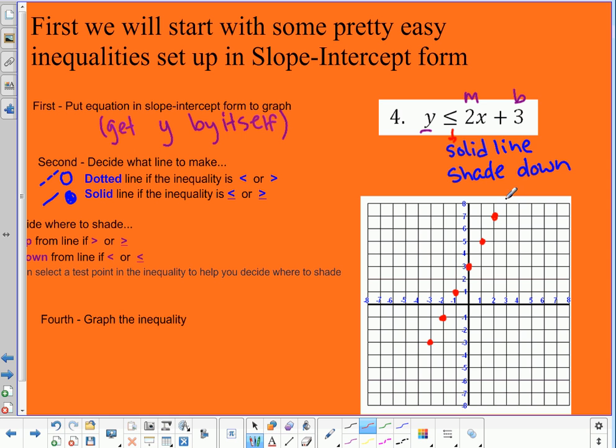So when I make my line, which is going to be a solid line here, I'm going to go across the whole coordinate plane. So I didn't just stop where I stopped making the points, I went across the whole thing. And then shading down. So the way I think of this is imagine yourself standing on this mountain. If I were a little person standing right here,